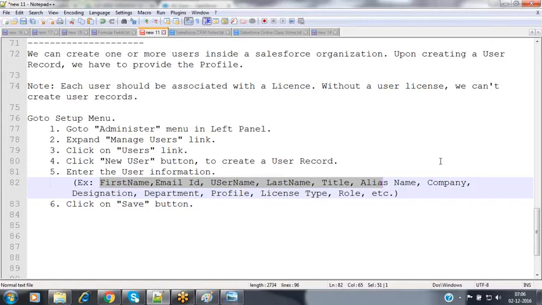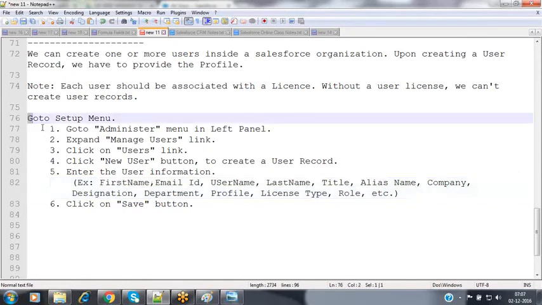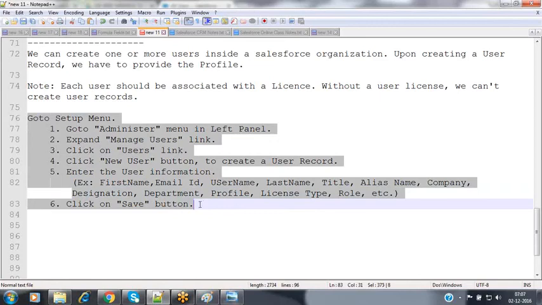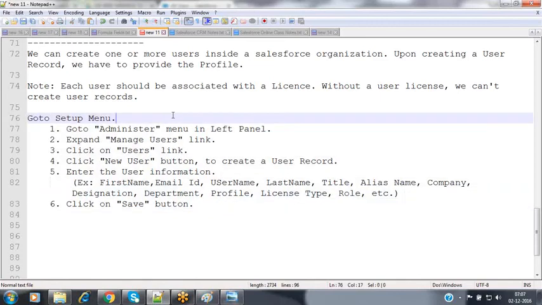Whenever you join a Salesforce organization as a Salesforce developer inside a team, the Salesforce administrator people will collect your details and add you as a new user inside that application. Then only you will be able to access that functionality and work on those applications also. In tomorrow's session, we are going to discuss how to create the users and how to manage the users inside that Salesforce organization. We'll see it practically in tomorrow's session.